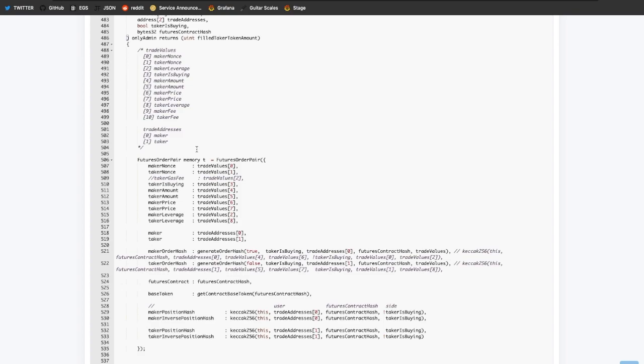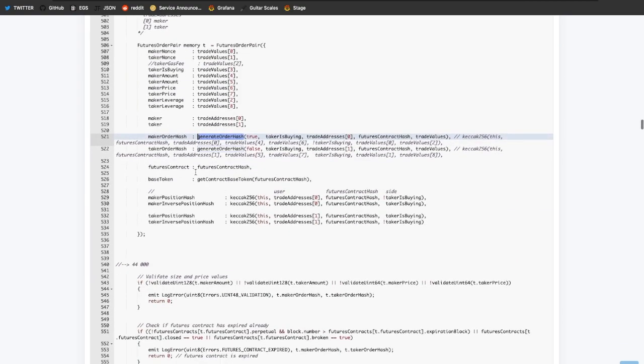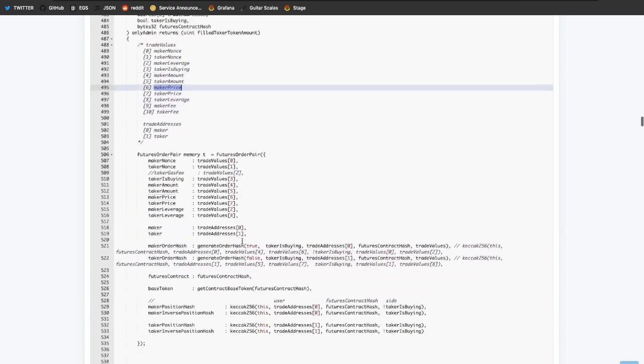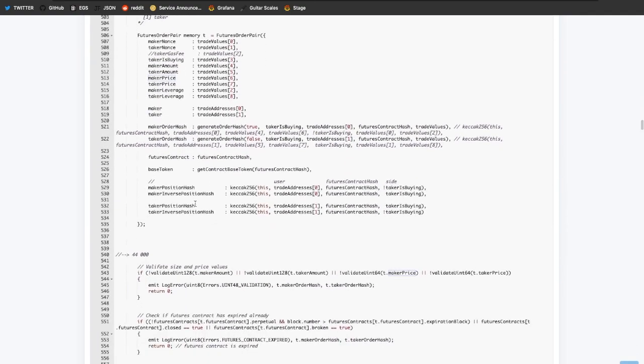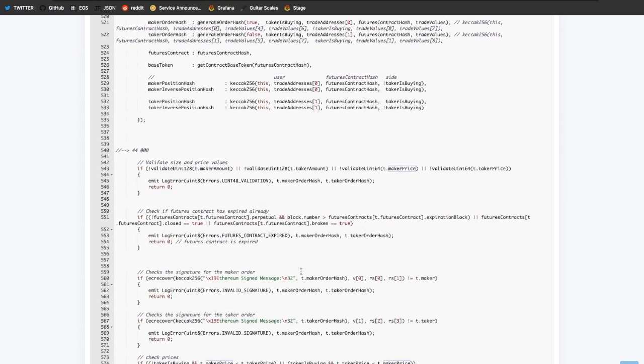And basically, these are two orders from two users, and each order has an order hash, which is basically generated from the parameters of the order. So every order is unique, and then after the order hash is generated, the function also receives the signatures from the user, so it will verify that the order was actually signed by the user. So if there is no signature, it means the user has not allowed for this order, did not create this